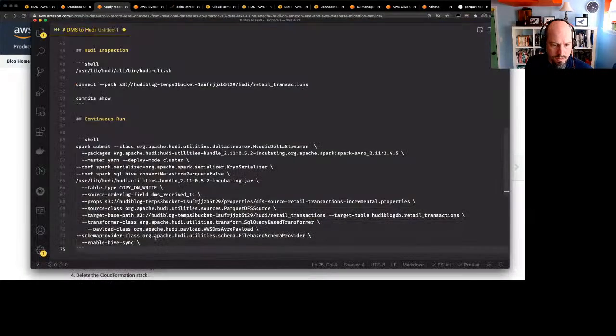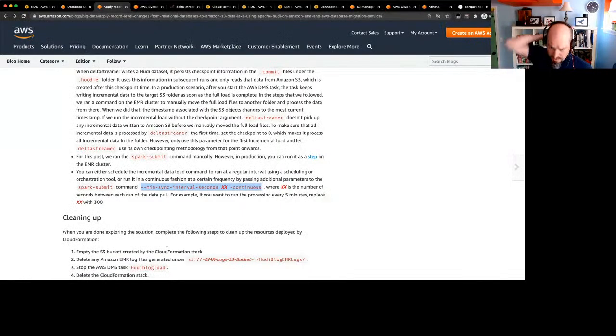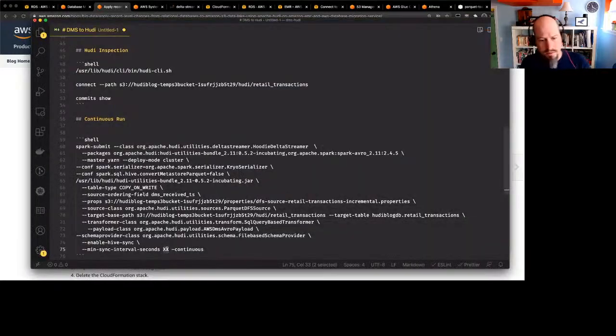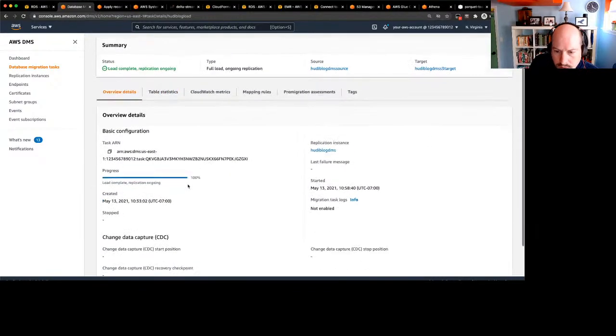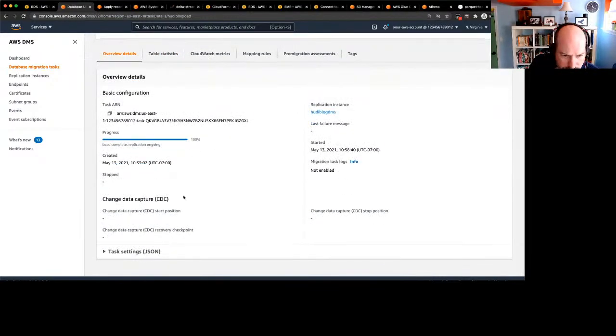Cool. And then I want to do this minsync interval seconds. And let's just do 60 seconds because we know it takes a while. I wonder, is that a DMS configuration thing? Can I tell this to run more frequently, or is that